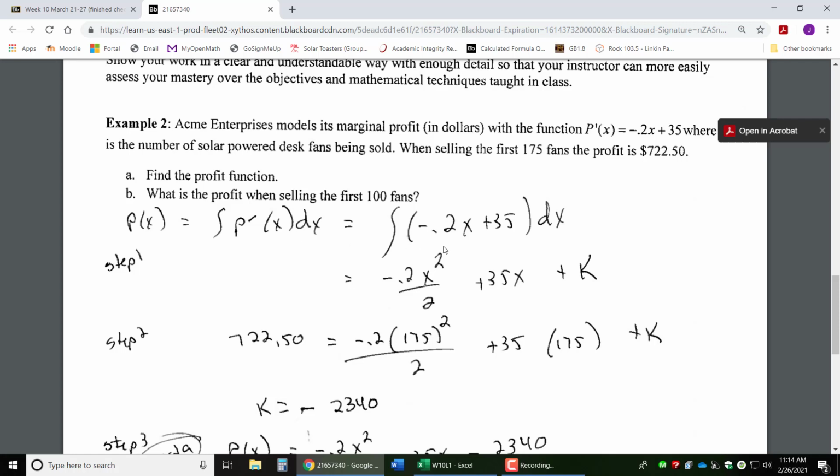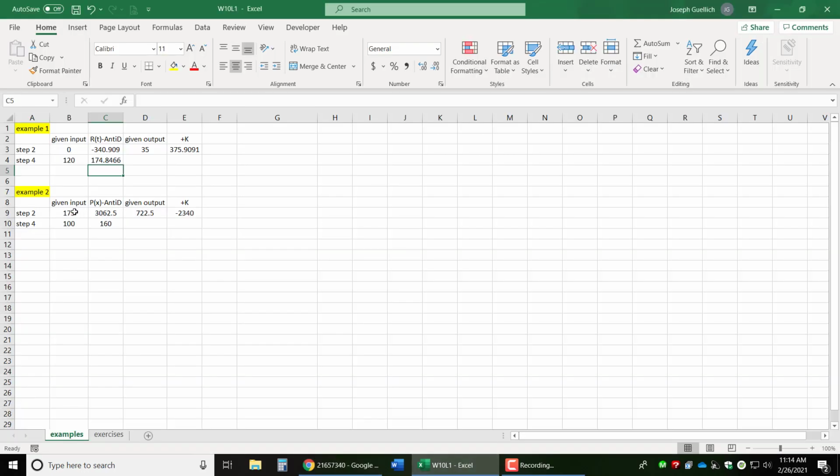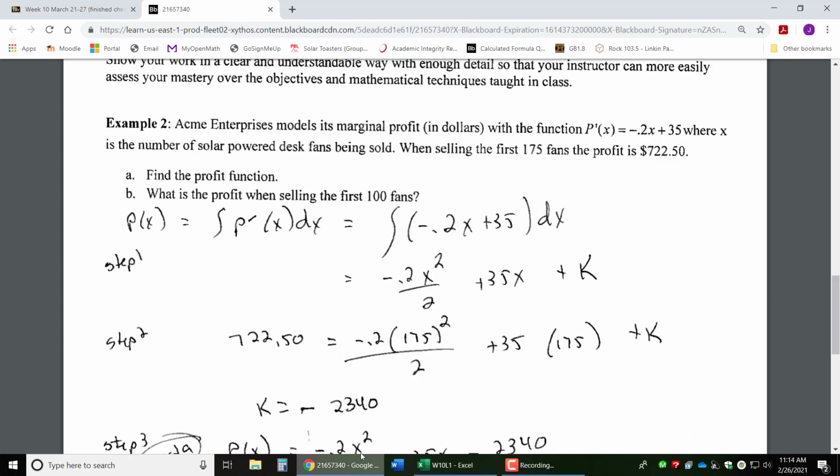Okay, so my antiderivative, no u substitution here. That's just a real simple polynomial. Antiderivative plus k. Step 2, we plug the numbers in, go straight to Excel, exactly the same way. Given input, given output, antiderivative formula there. And then the k cell is the given output minus the antiderivative when the antiderivative is evaluated with that given input. Hit the escape key, and then write that function down,